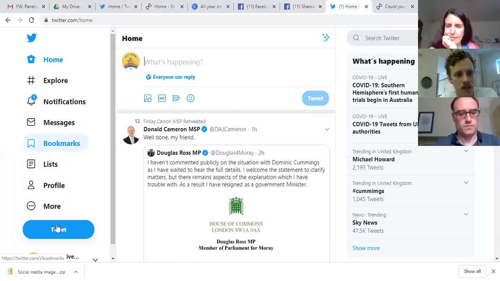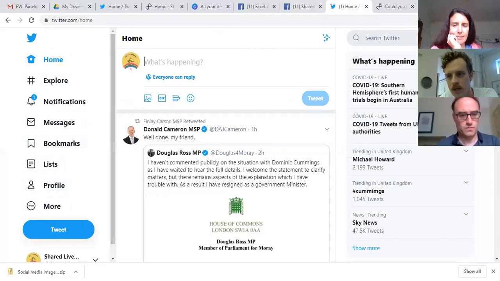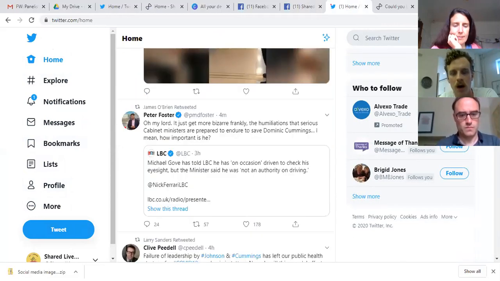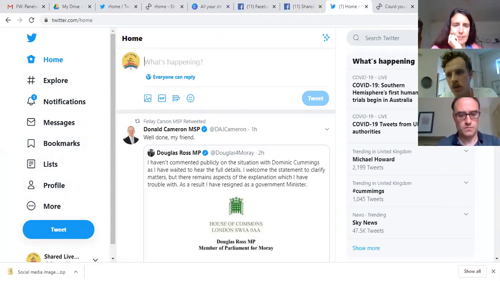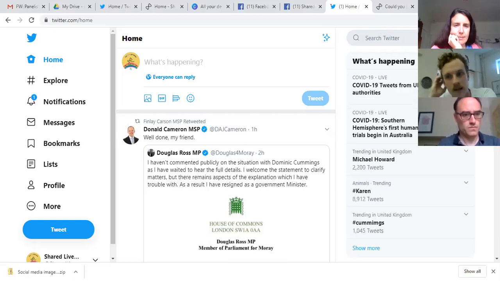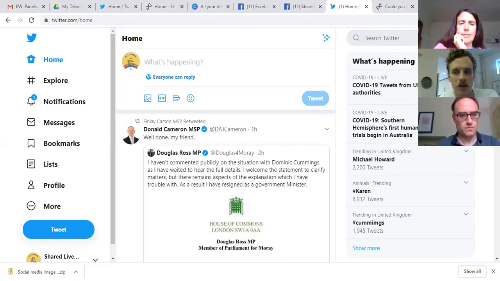You'll always have these options down the left-hand side, and the central part of the page is your feed, where all the posts from everyone that you follow are listed in chronological order, but there are also other elements to the Twitter algorithm that may decide what appears there. Sometimes it'll be to do with what it thinks is most relevant for you and what you're most interested in.